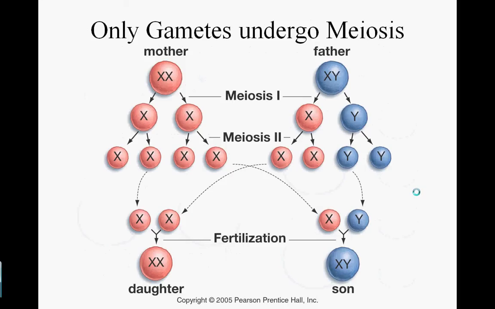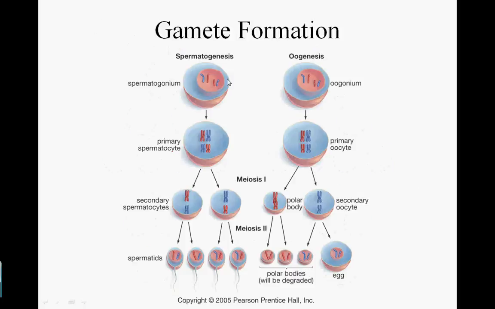Alright, so the other important thing to focus on with meiosis is the fact that only gametes undergo meiosis. Remember, reminder, gametes are your sex cells. And so this is how your sex cells are formed. This is how your sperm are formed. This is how your eggs are formed. And so, as you can see here, if you have 2 X's, that makes a girl, an X and a Y makes a boy. That was just a brief diagram to show you the basics, but specifically let's go over the gamete